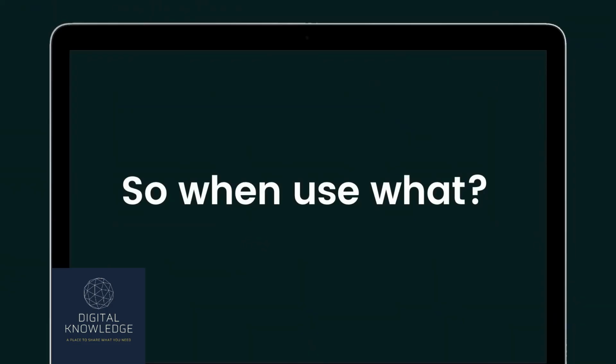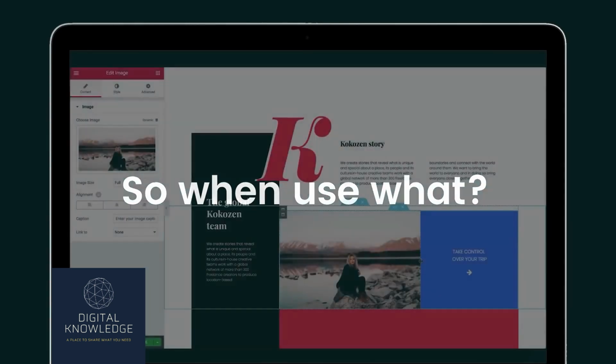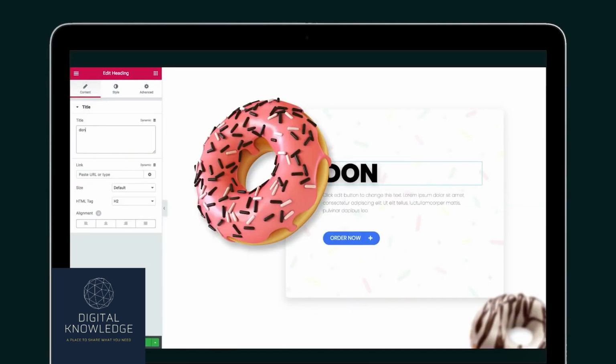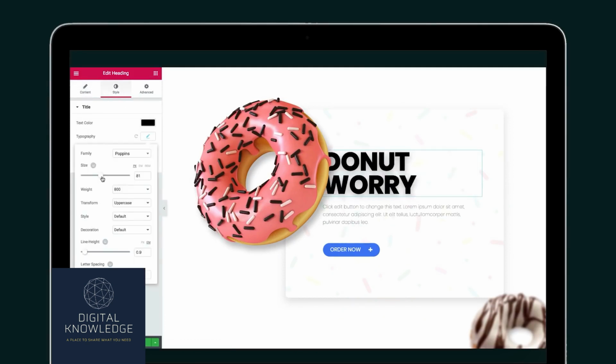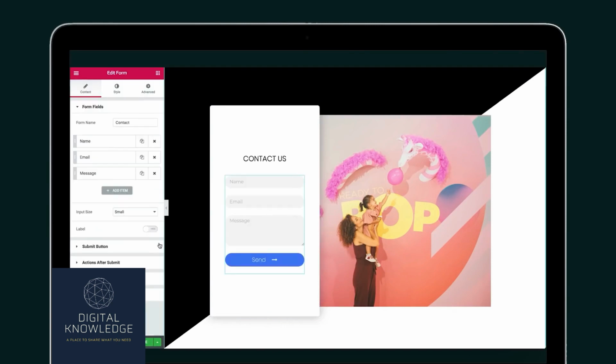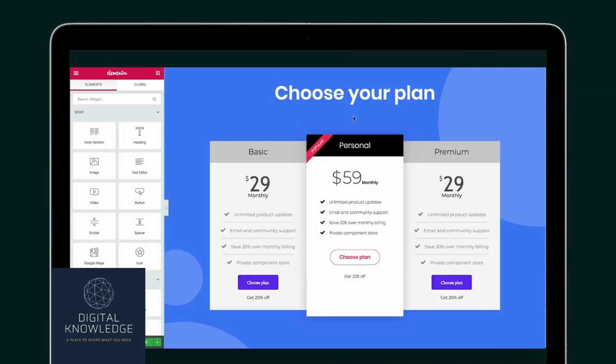Okay, now let's go to the last part of this video, which is called, so when to use what. Because padding and margin still is kind of similar, right? So what you want to do is understand the basics and then add your own variation on top of it. So what you need to know is that Elementor wasn't really built for designers. It's more for like half designers that don't want to spend a lot of time on the details. So they have tried to help us, but they have applied a lot of